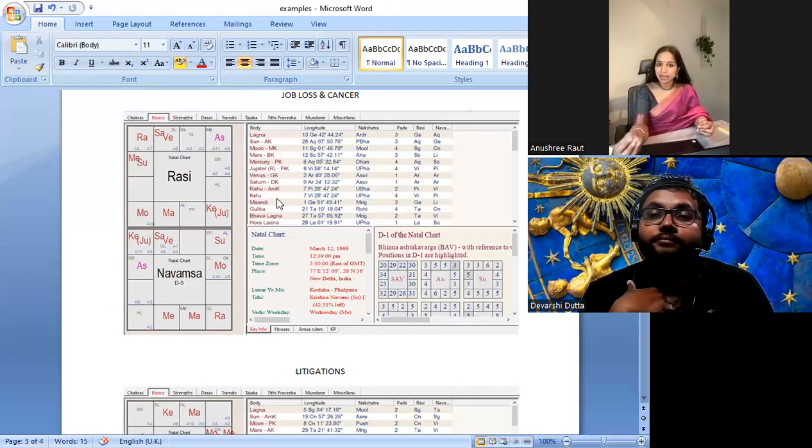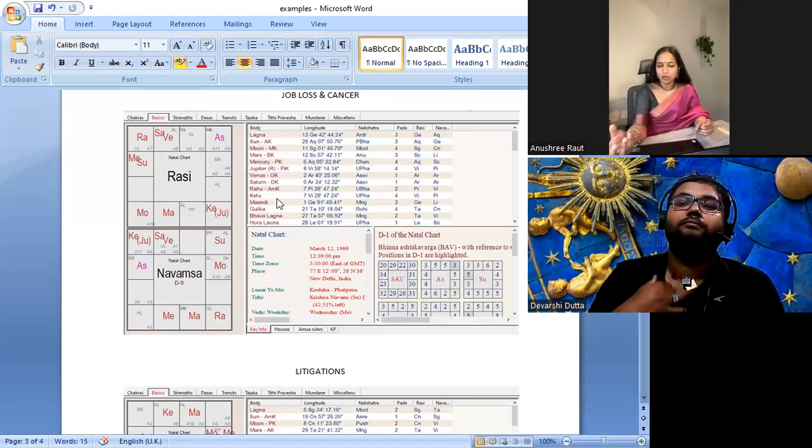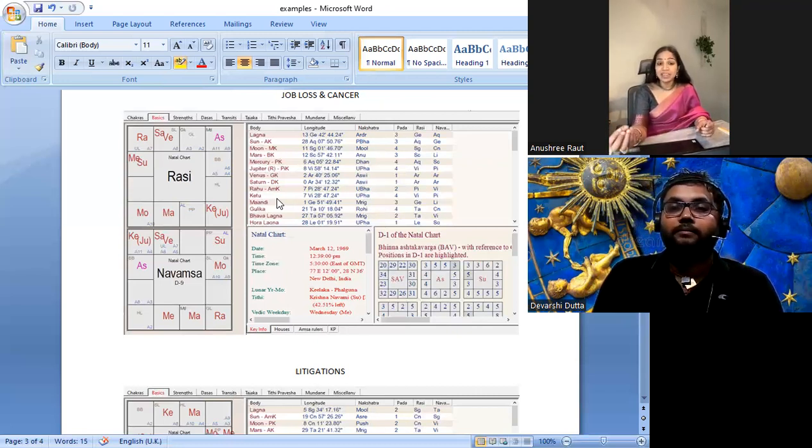Because Saturn is in Darakaraka, Saturn is in Sandhi, and it's also a Nakshatra Sandhi over here. Saturn is 8th lord, and Nakshatra Sandhi gives you disease. When you look at the first thing, you say Saturn is work. But Saturn is also 8th lord. Saturn is also disease giver. Saturn is also 9th lord.